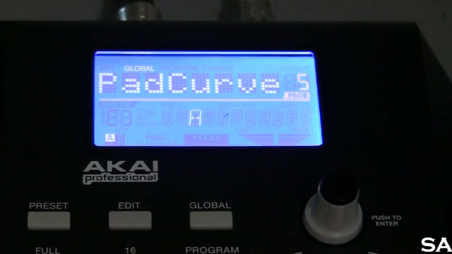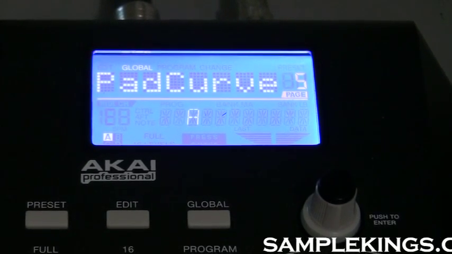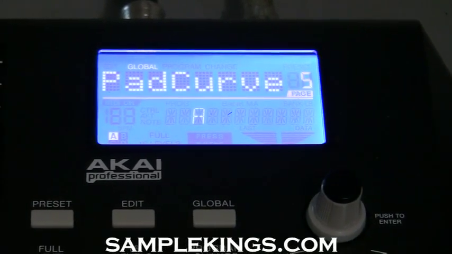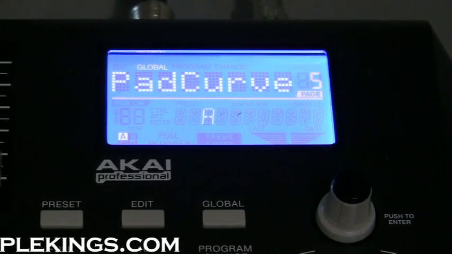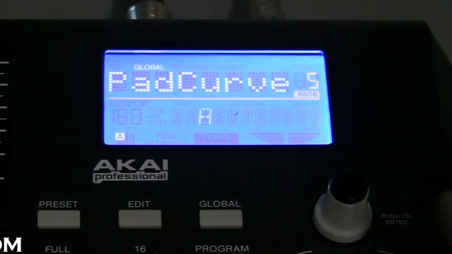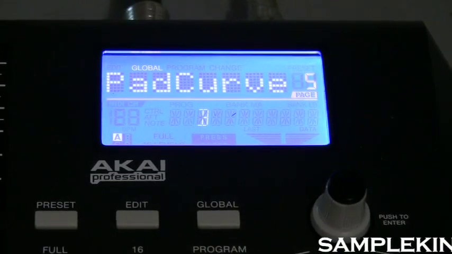So we're hitting that pad. It depends on your style of hitting that pad. And if you find it difficult to achieve a comfortable velocity that feels good, then we could change the different settings. And you just go right here, you go to A, hit your pad,